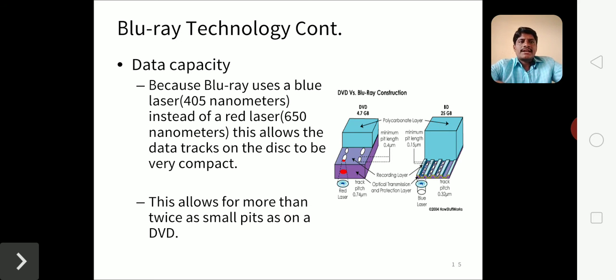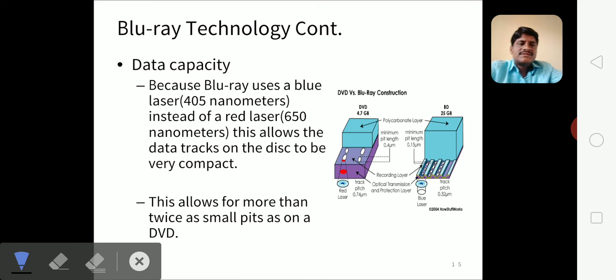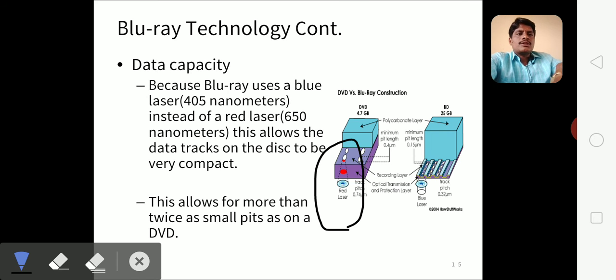In case of your Blu-ray technology, we will make use of Blu-rays, as it is indicated, and this indicates whenever the laser light falls on a track, it will hold the information. So how it is held, let us analyze this diagram. For example, if you want to store any information, you can observe here. There will be holes which are developed on the Blu-ray disc.